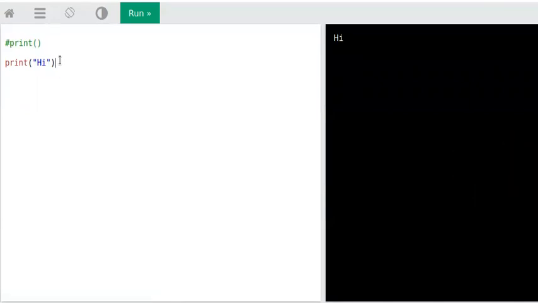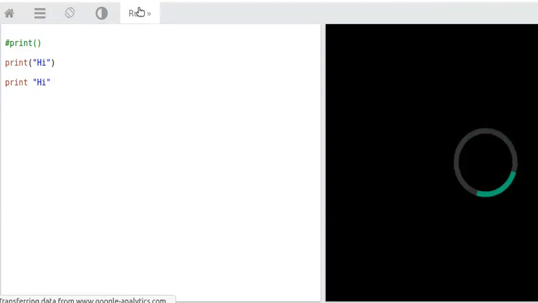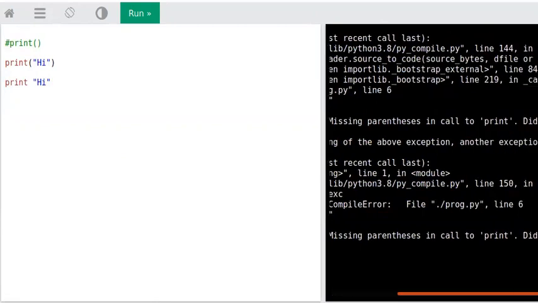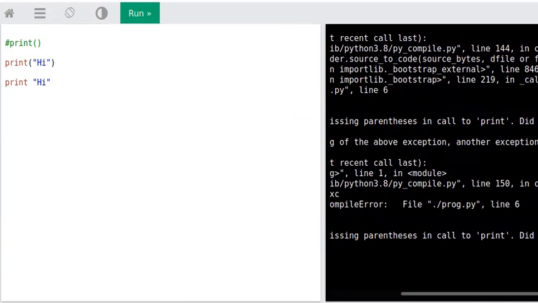And one more thing in Python, after the Python 3 version, we have a function like this. Before, we used to have something like this, wherein we don't need to specify the opening and the closing parentheses. If I run it now, you are going to get an error because the syntax has been revised by Python. According to the version, the syntax gets revised. So you are going to get a syntax error now, missing parentheses in call to print. Whatever error you get, you can understand it. Python errors are very easy to understand, right?